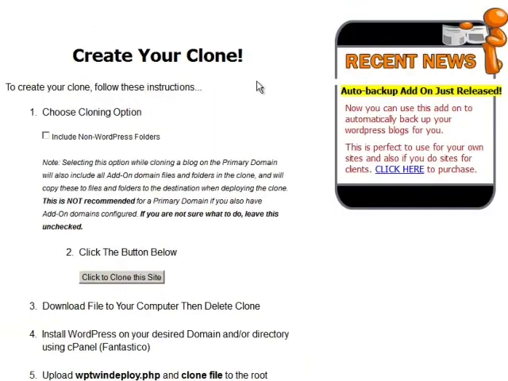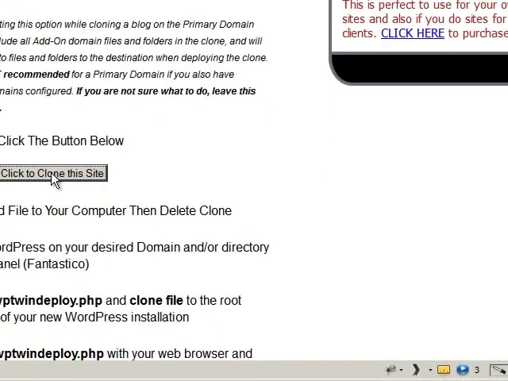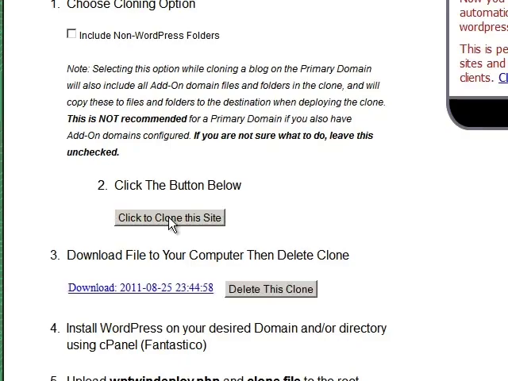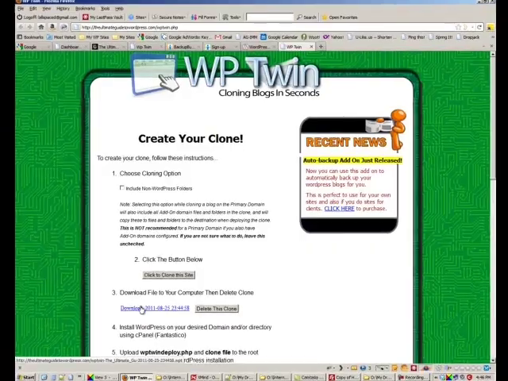Now if you just have a website there and no additional folders that you've stored at your FTP site, don't click this box. And it tells you not to click that box unless you really know what you're doing. Then click the button below to clone the site. And it literally takes a minute or two to clone an entire site. Even a big one might take no more than 5 minutes. So there it is. What you can do now is click on this link,